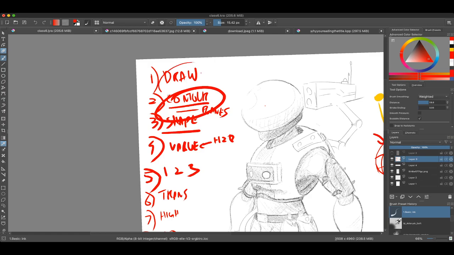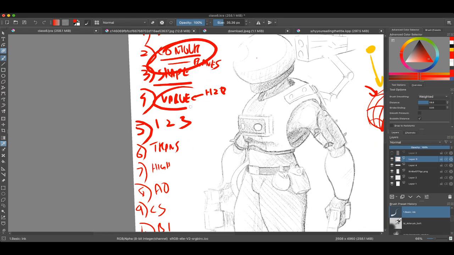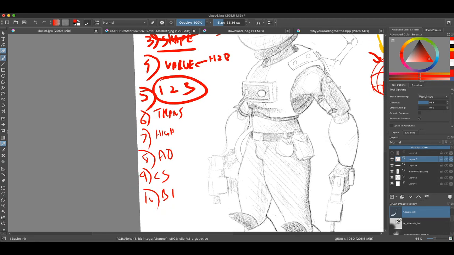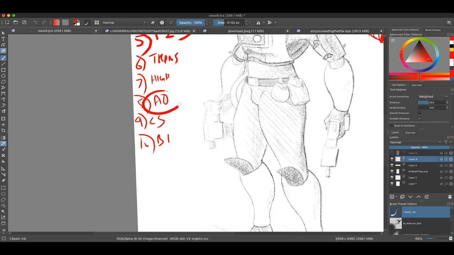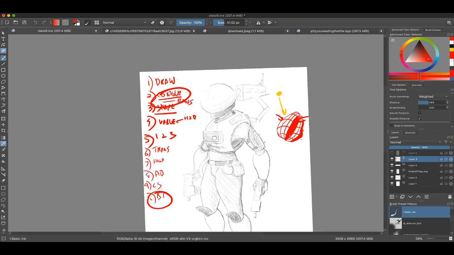But we draw it, we contour it, we add the shape, we put the appropriate value in that shape, as well as the fact we put the value in the light and the halftone. We add the transitions, we add the highlights, we do the ambient occlusion, we do the cast shadow, and we consider the background, the foreground. Now, I put this in the order of priority, not necessarily in the order that I'll do them in, but